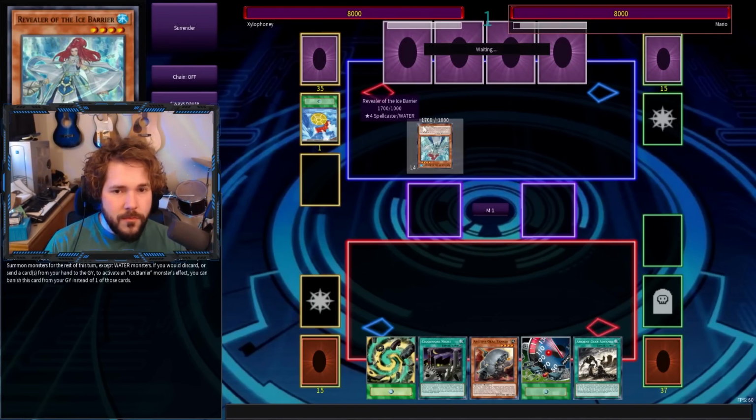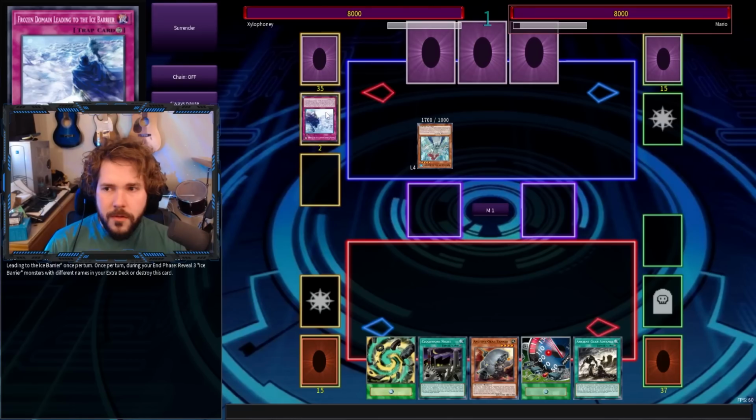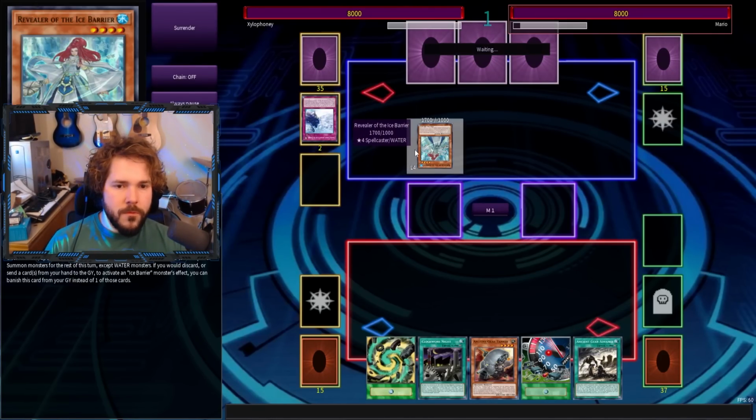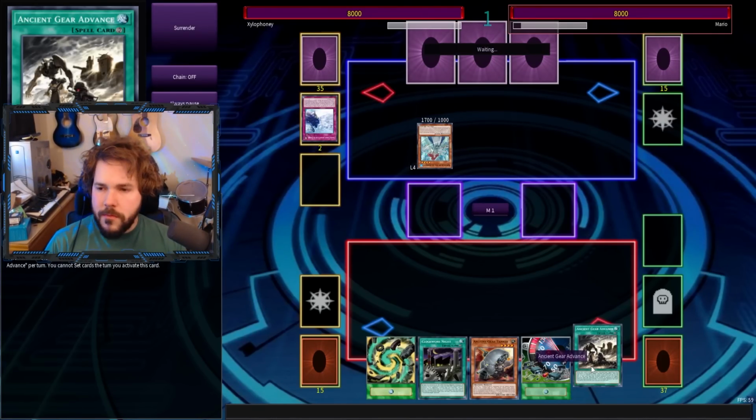I'll discard my Frozen Domain leading to the Ice Barrier. Nice. And this will allow me to special summon a tuner monster from the deck onto the field. I will choose to send...